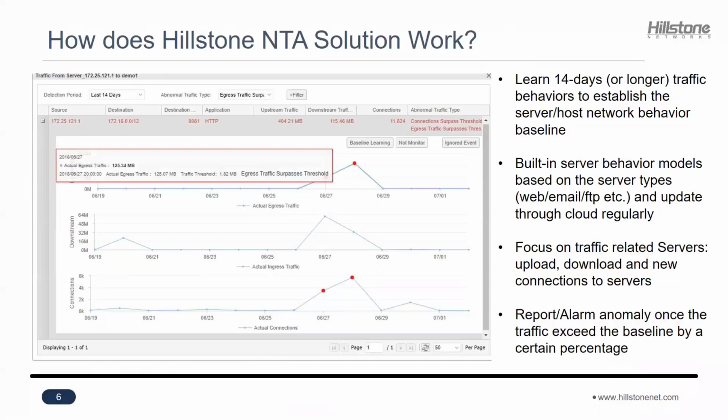When this alert happens, administrators can look into it, and if it is a false positive, he can take several actions. He can ignore this event, so that similar events will not be reported in the future, or he can select a not-monitoring action, after which the whole flow will not be monitored. And he can also select baseline learning, which adds this particular event or traffic amount back to the baseline learning,